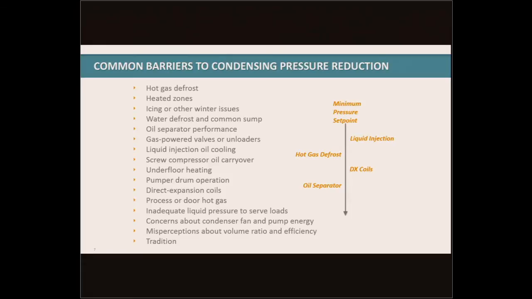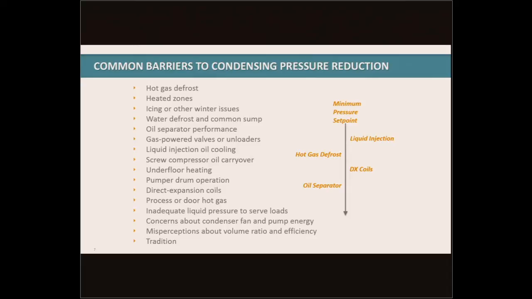So the different things you need to be able to look at, the list right here just very briefly: hot gas defrost, making sure we get adequate defrost in our coils; heated zones, if you need to be able to provide heat to any of the heated rooms; icing or other winter issues; water defrost in a common sump; oil separator performance on your compressors; if you have any gas-powered valves that require a higher pressure; if you have any unloaders on your reciprocating compressors; liquid injection oil cooling that have the older style thermostatic expansion valves that require a higher pressure differential; screw compressor oil carryover; underfloor heating requirements; pumper drum operation; direct expansion coils; process or hot doors